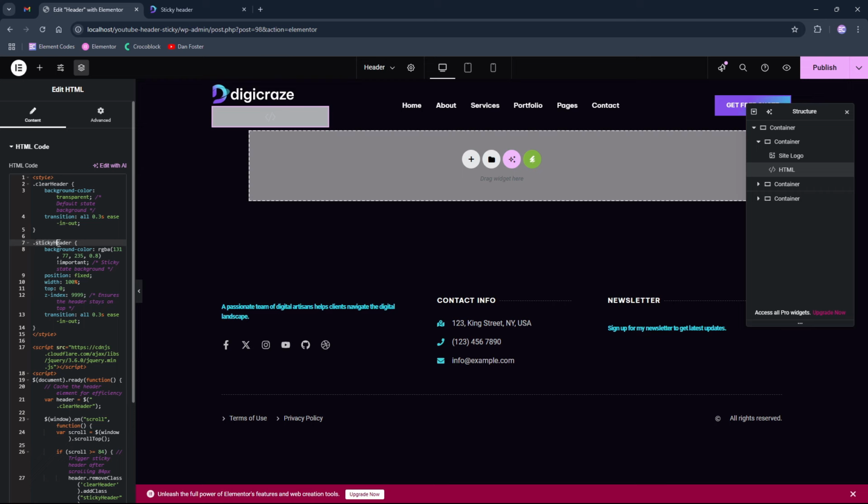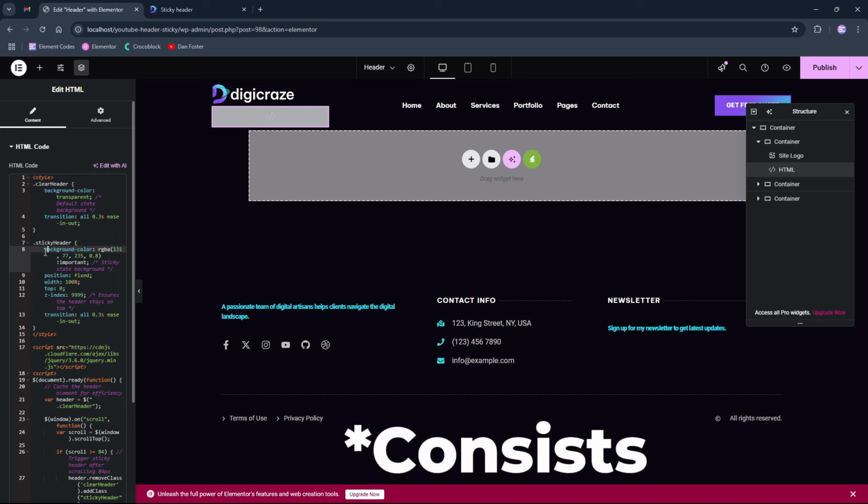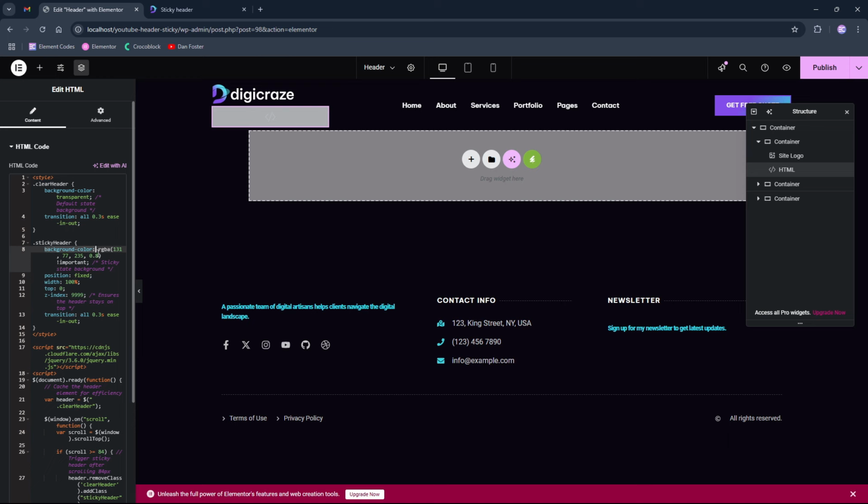And the second one that says sticky header, which controls the header when it's scrolled down, and it contains the background color that you can define here, and its transparency, which will be the background of the header when we scroll down. Those two parts are the only parts that you probably will at some point want to edit, or you can leave it like this, but I strongly recommend adapting at least this color to resemble your branding